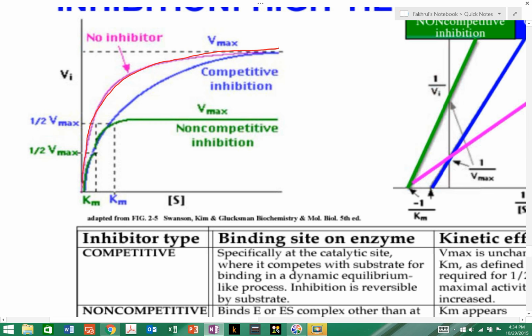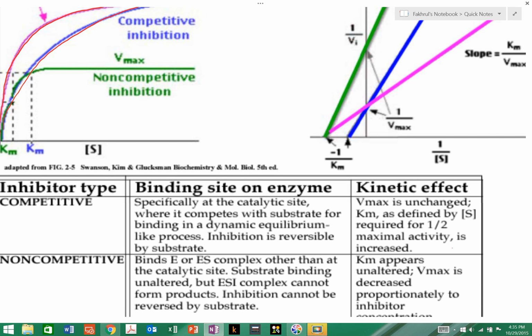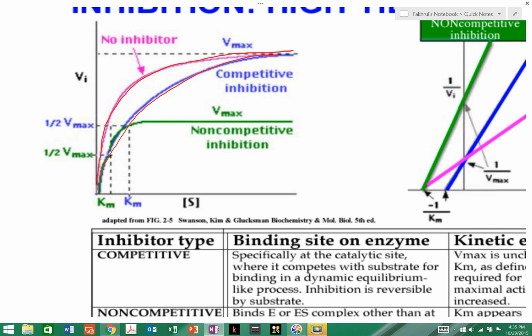In case of competitive inhibition, Vmax does not change, Vmax remains unchanged, but Km changes. Km is a dissociation constant. A decrease means it has more affinity. So